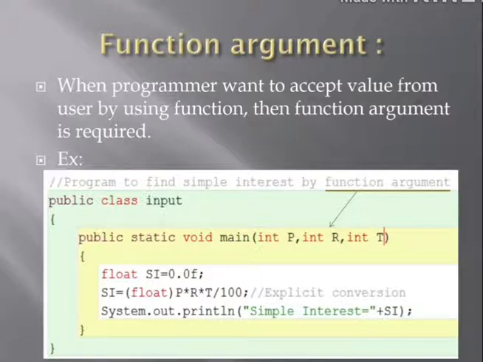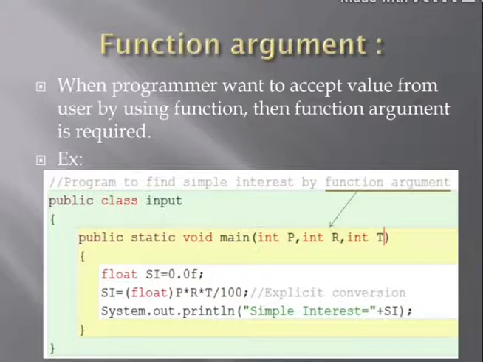I am accepting values from the main function. Just remember, when we are placing anything inside a function bracket, that is an argument. Now, how many arguments do we have? 3. Int p, first argument, int r, second argument, int t, third argument.